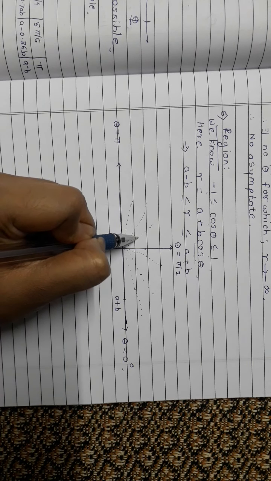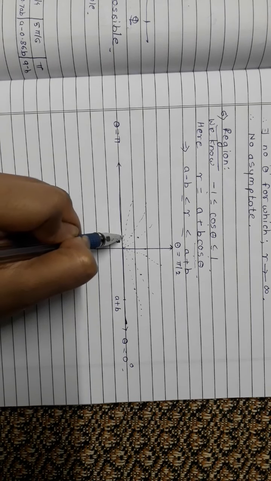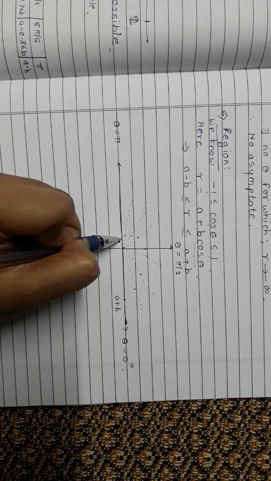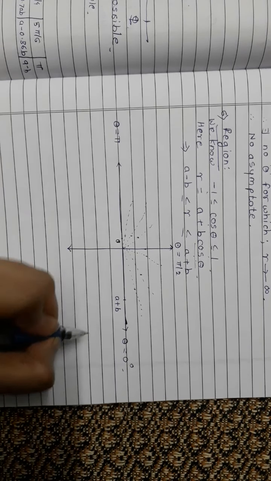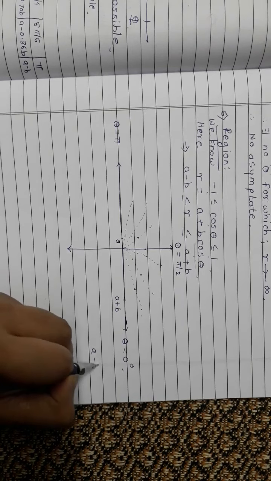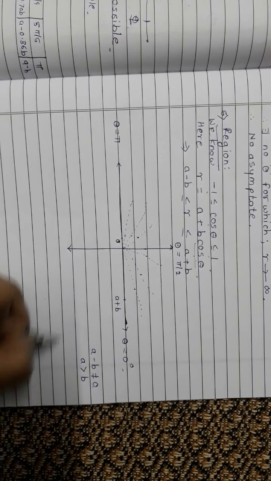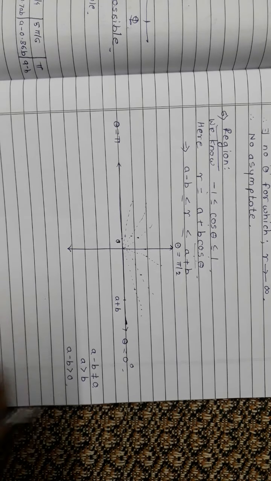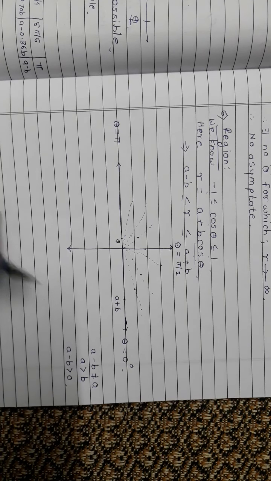then for 120 again decreasing than a, then at 135 again decreasing than this, then for 150 again less than this, and for pi this comes to a minus b, right? But note what I have explained previously, a minus b cannot be equal to 0. Why? Because the given condition was a is greater than b, so surely a minus b is greater than 0, right? So that's why I'm getting this point, right?